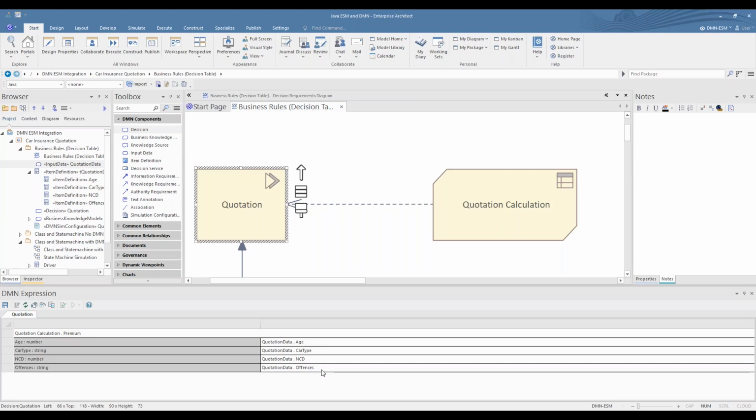Now, that's not the end of the story, okay? There is a little bit of extra work to do, and this is when you want to simulate the decision table. So to simulate the decision table, what you will do is you will use this area here.